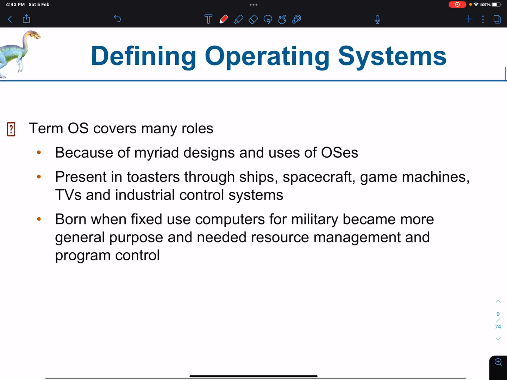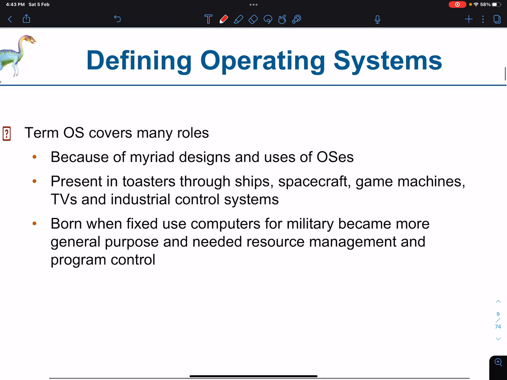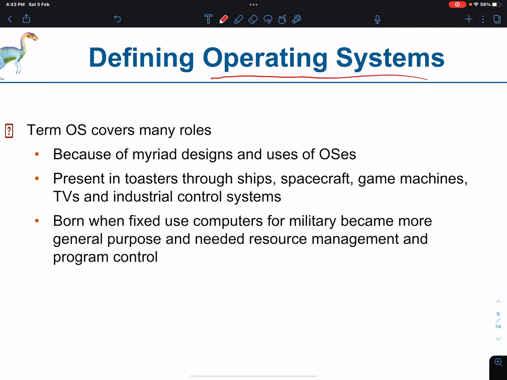So if we want to define the word operating system, literally you will not find a unique definition for it. It's very hard to find a unique, agreed upon definition for huge concepts.